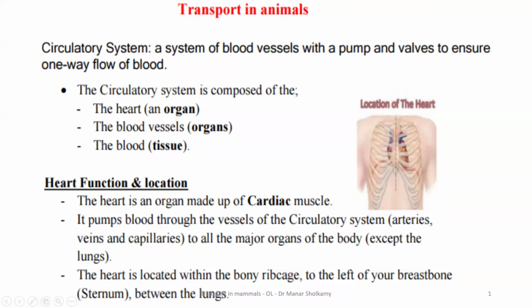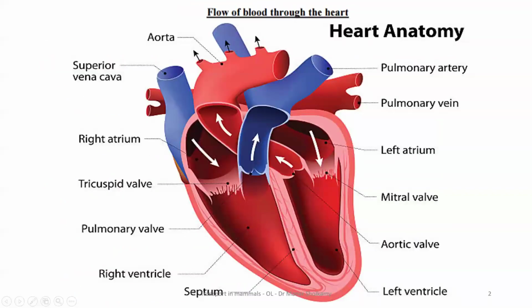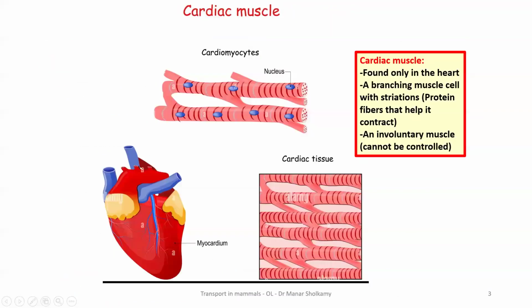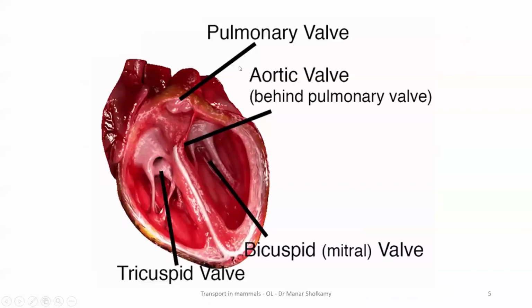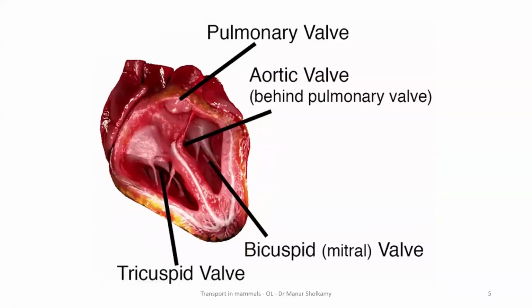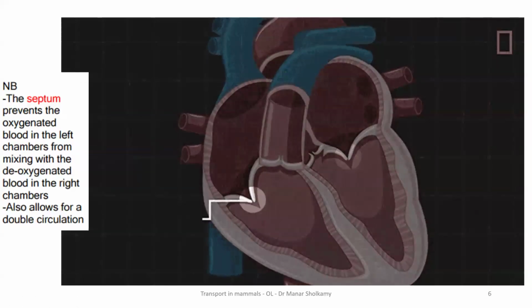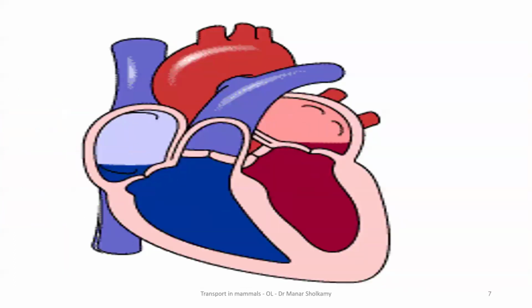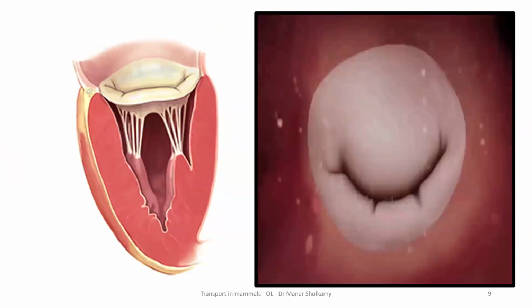Okay, this is the beginning of the anatomy. Any questions? Tell me. The anatomy of the heart. This is the cardiac muscle, the branching cardiac muscle only found in the heart. Internal heart anatomy, I think it's clear. The valves, atrioventricular and semilunar valves. And how do they open and close? The pressure increases behind, they will open. The pressure will increase in front of them, they will close.